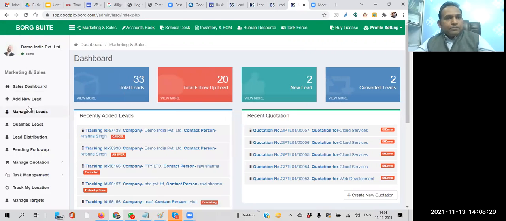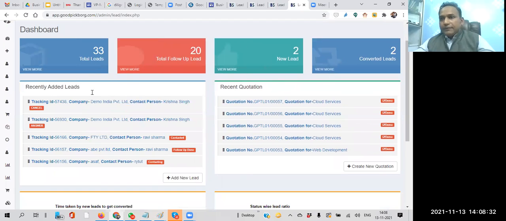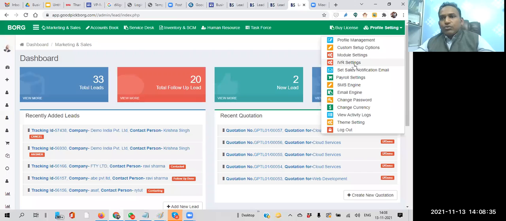The other thing is inbound IVR. When you go to the profile setting of your admin account, make sure that not everything is available in the user account. All features will be available, meaning once you set qualified lead and follow-up, that will be populated in your user account also. But the setting must be done from the admin account, and those options are available with the admin account only. Great. So I'm moving to the IVR setting.